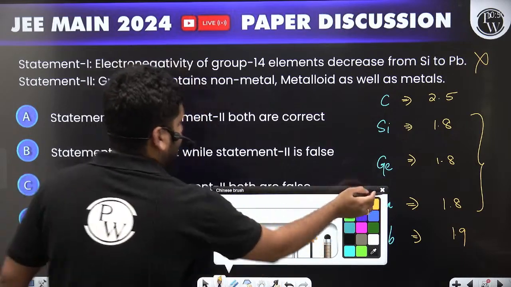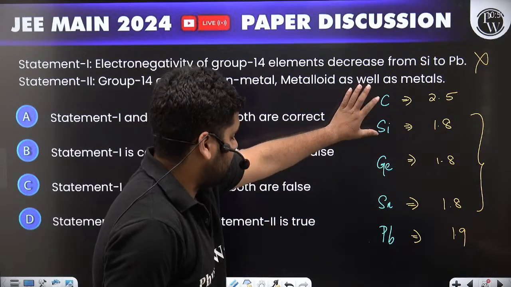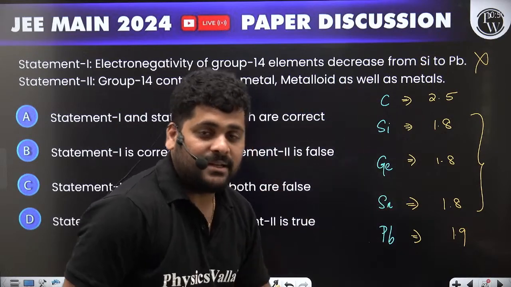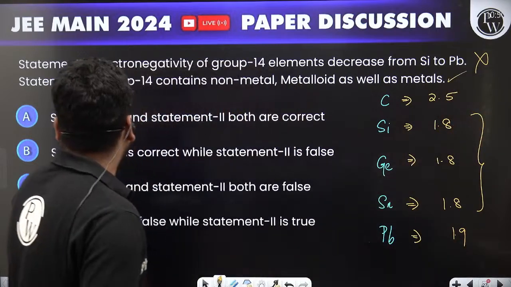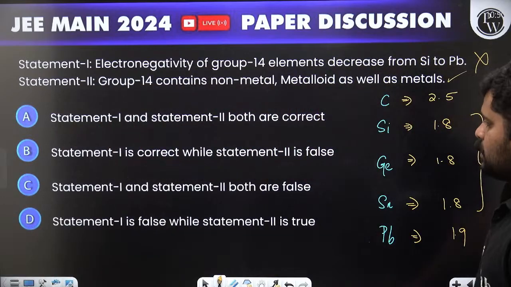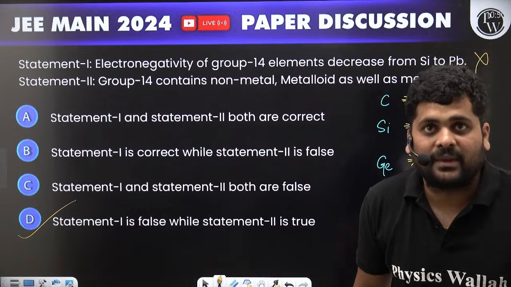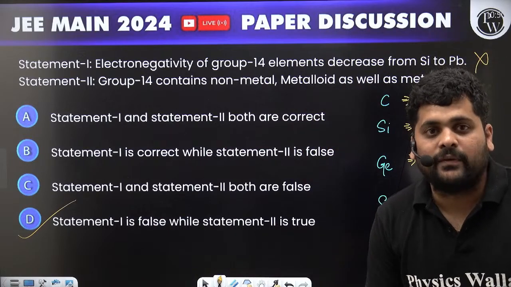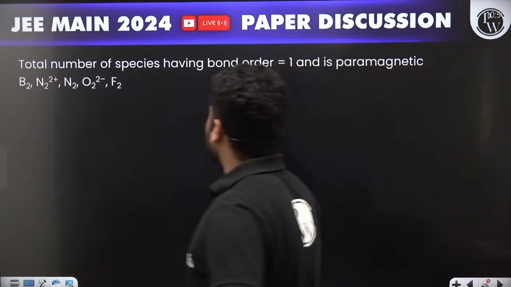Group 14 contains non-metal, yes, carbon; silicon, metalloid; and tin and lead, metals. So everything is there. So here the correct answer is statement 2. Statement 1 is false and statement 2 is true. The correct answer goes for option D. Okay, right. Clear everyone? Moving on to the next question after this, we have total number of species having bond